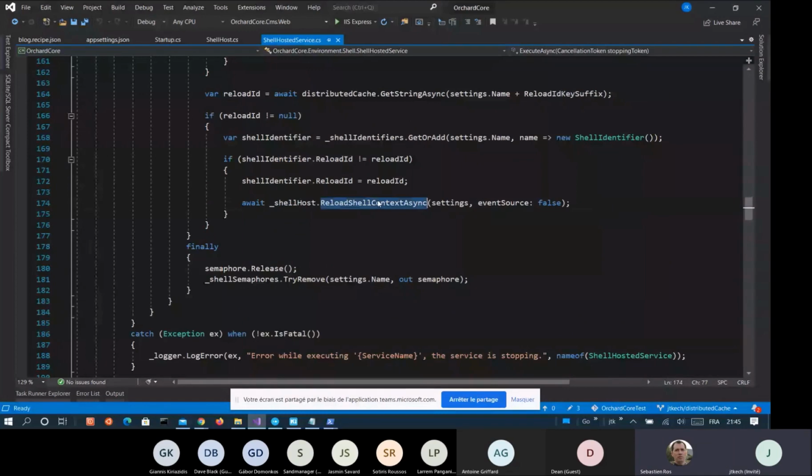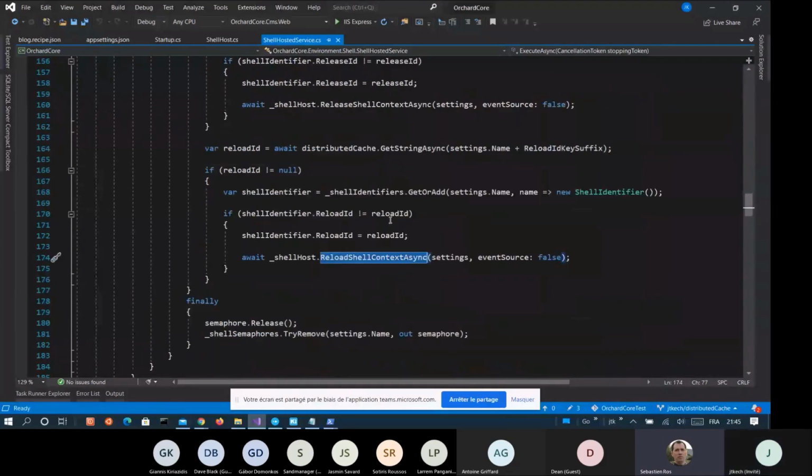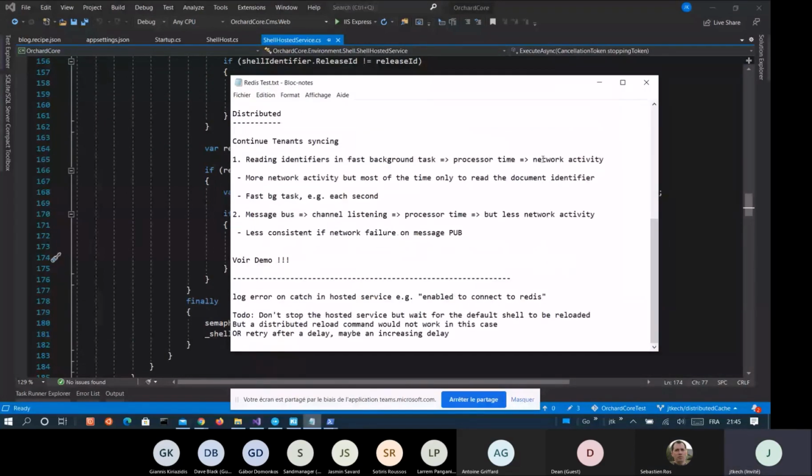Okay, so it's pinging the Redis instance every second to see if there is a tenant change. Yes, it grabs one identifier. I have some little notes. So there is a little network activity. It depends. If you have 10 instances, all the instances will ask.